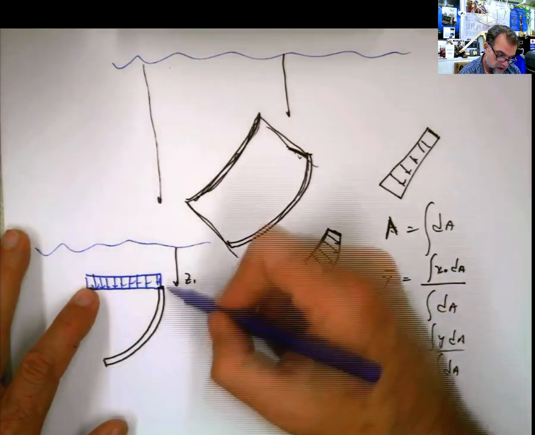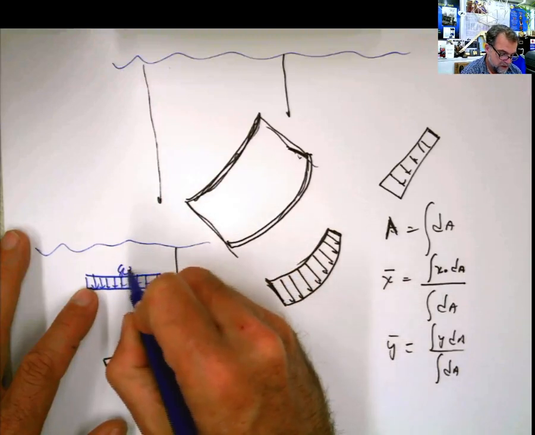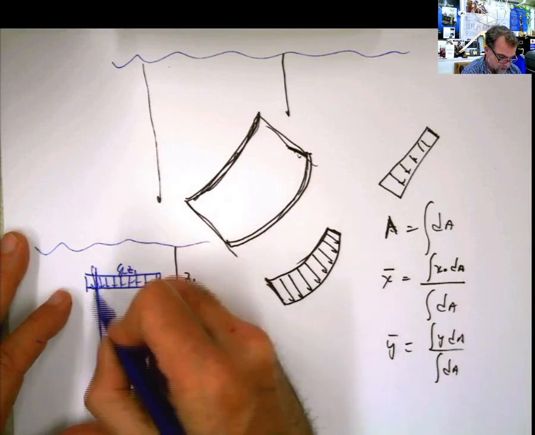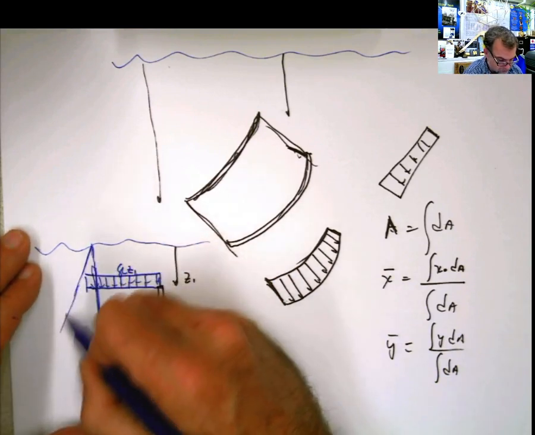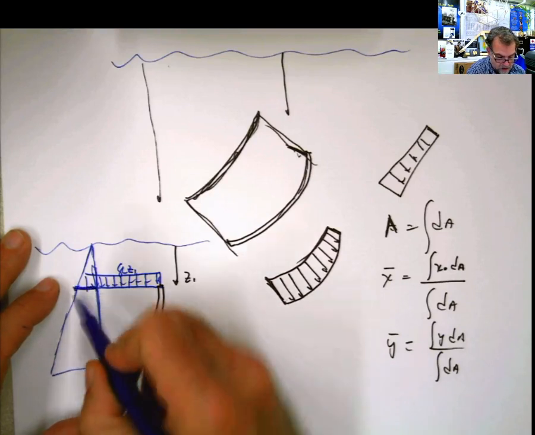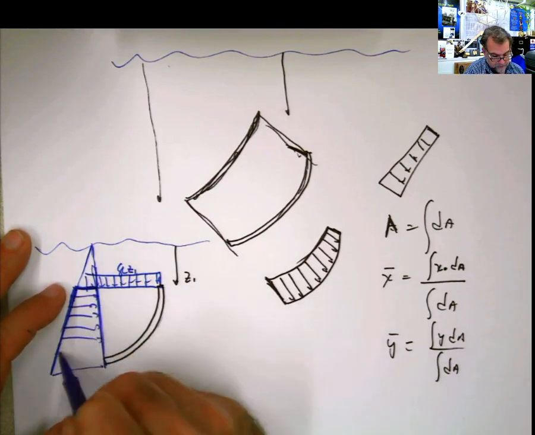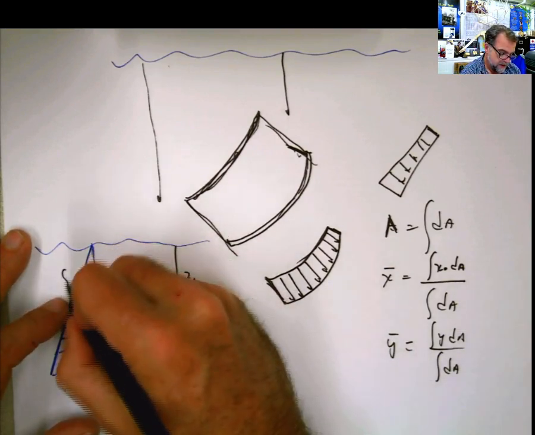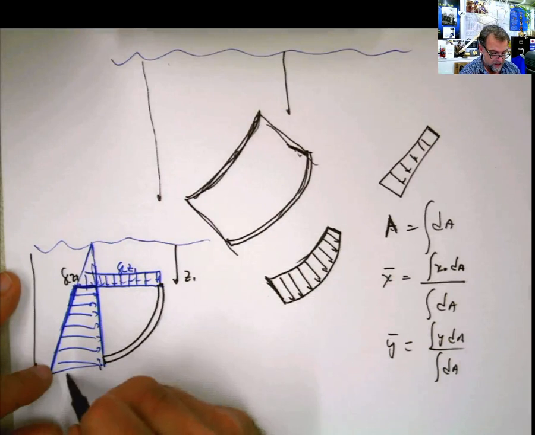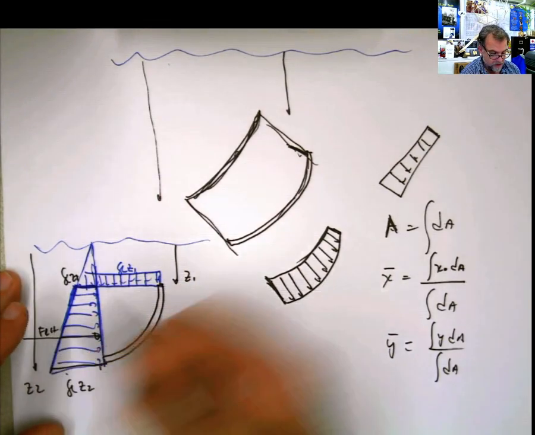And remember, I'm just doing one slice. If you want the total, you multiply by the width. What is this? This is going to be gamma Z1, that rectangular load. Now, at this point, you have a triangular load here. But the triangular load should start from the top. Now, the only part that is acting through this submerged object is this part. That's why you have the trapezium acting in this direction. What is this? This is gamma Z1, same as this one. What is this value? Well, if we call this Z2 as we did before, this is going to be gamma Z2. And now you can calculate the resultant horizontal force, and the resultant vertical for that